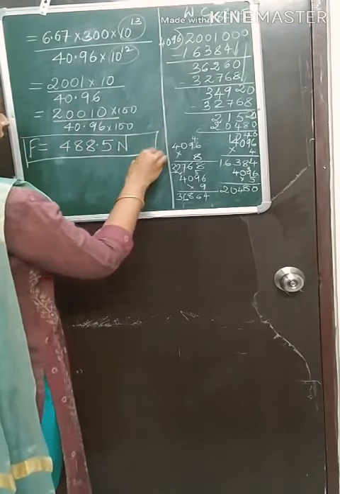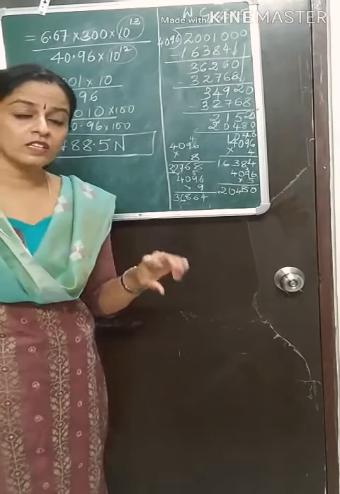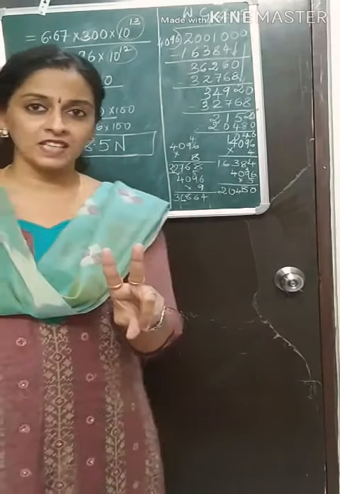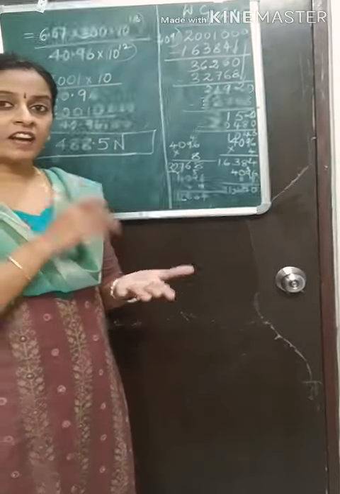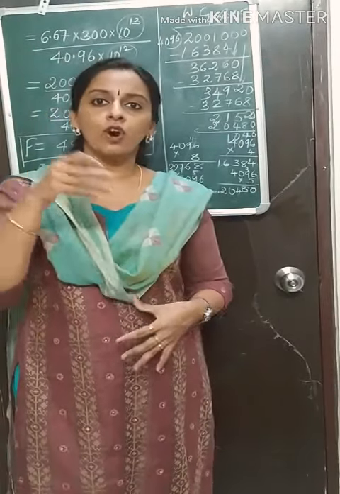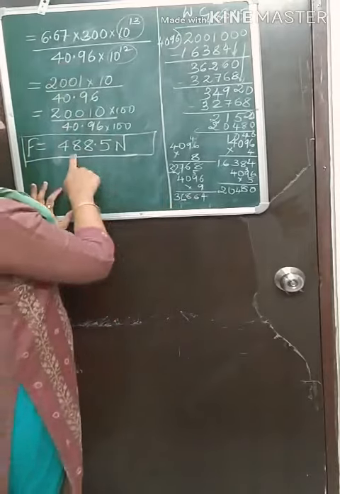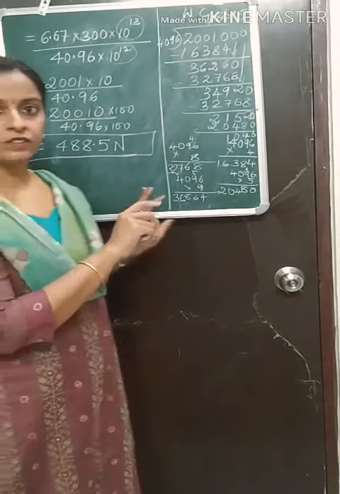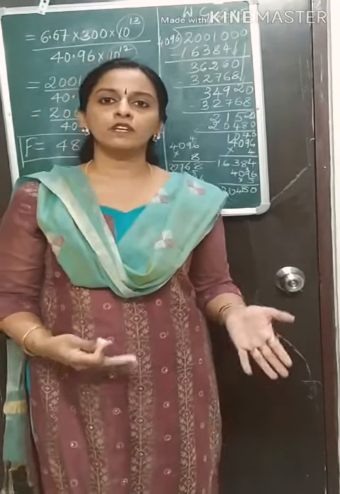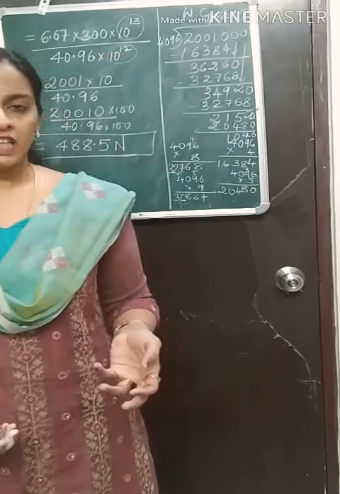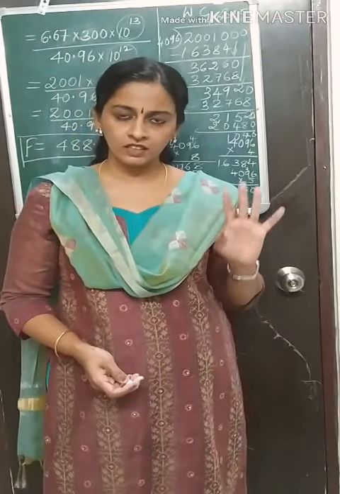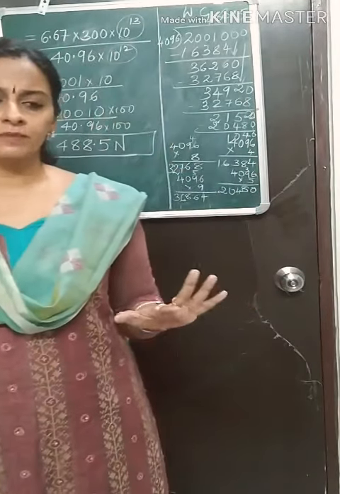So this is quite a big number. We can confirm that the gravitational force exerted by two persons sitting close to each other was very negligible, 0.0000 something, whereas the gravitational force exerted by Earth on a person is a bigger number, 488.5. That is why we can experience the gravitational pull of the Earth. Please try these two numericals out; they can come in exams.